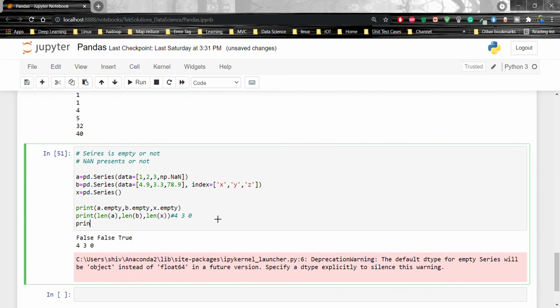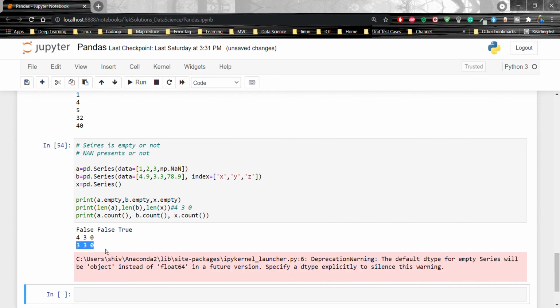Now I am going to show the count. A.count, B.count, and then C.count. So what will the count be here? 1, 2, 3. Here also 1, 2, 3. And here 0. That means NaN is not a number.